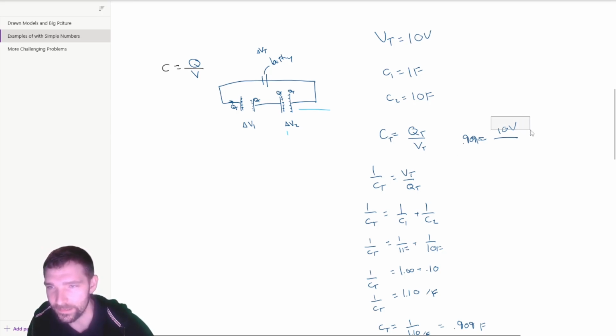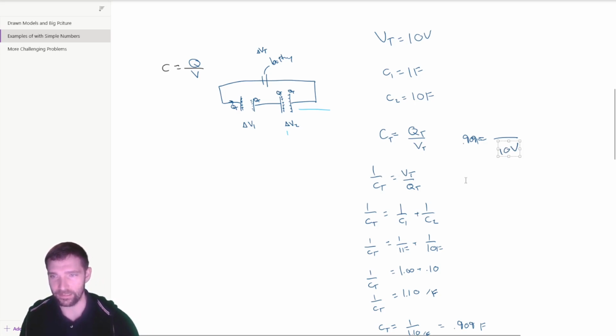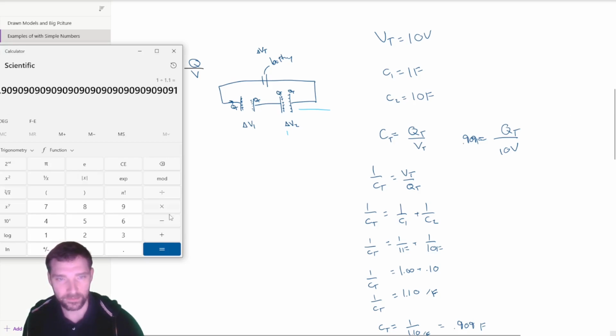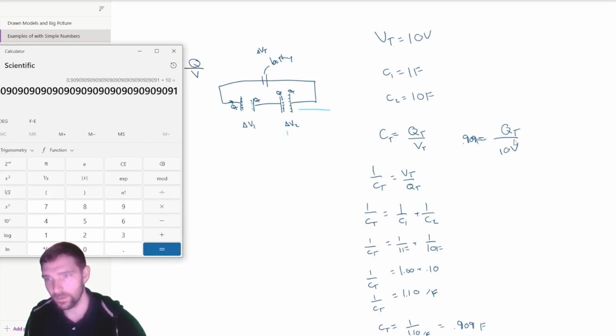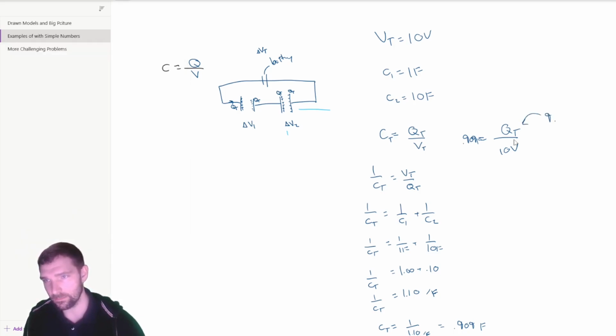Sorry, I think, no, the 10 volts go down here, and I was just looking at the inverse formula here, and that was getting me a little bit thrown off. And we can look at the QT, and we can calculate that. So if we think about those numbers there, then that's 10 times this. So QT in this case is 9.09